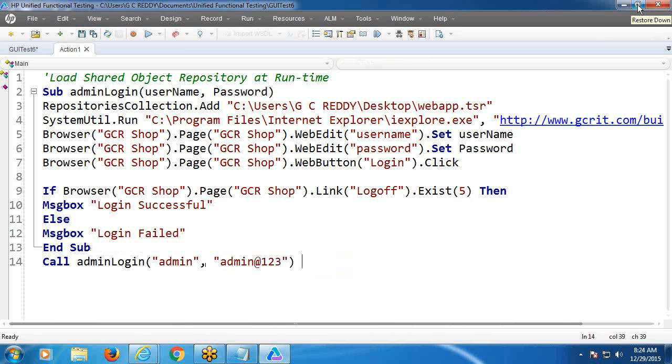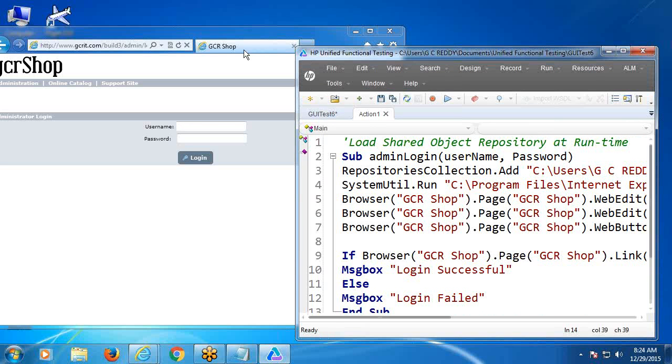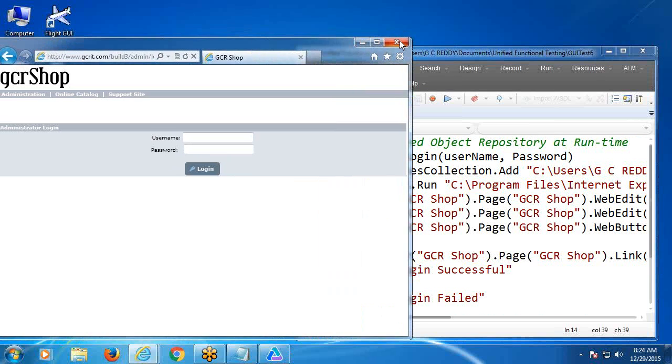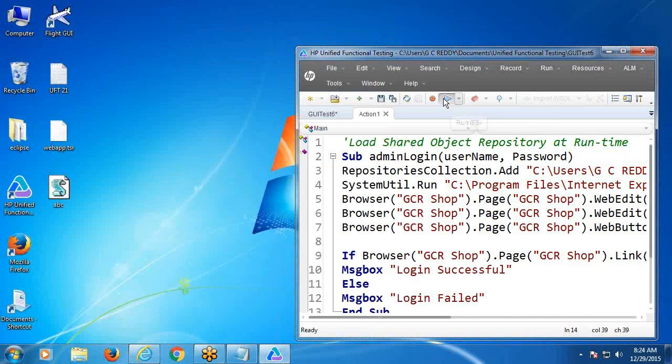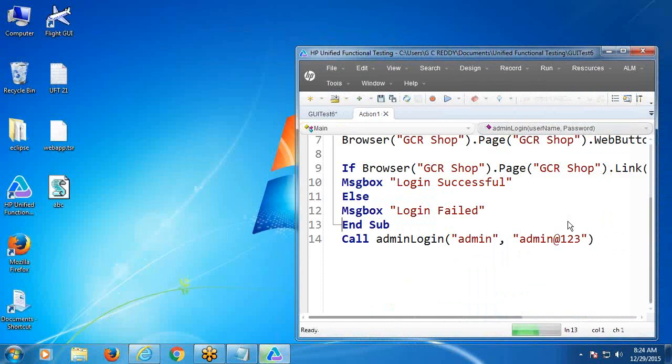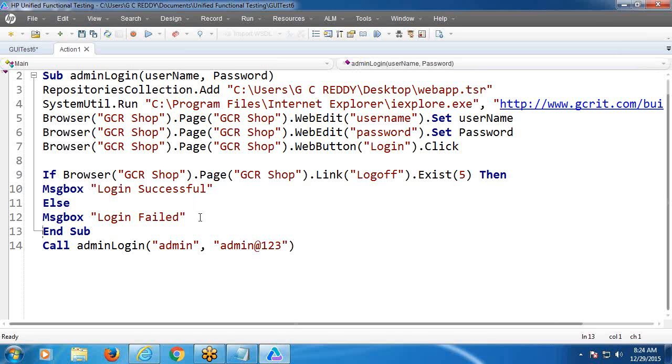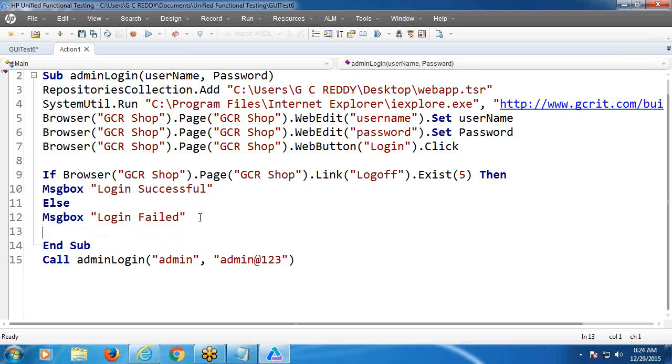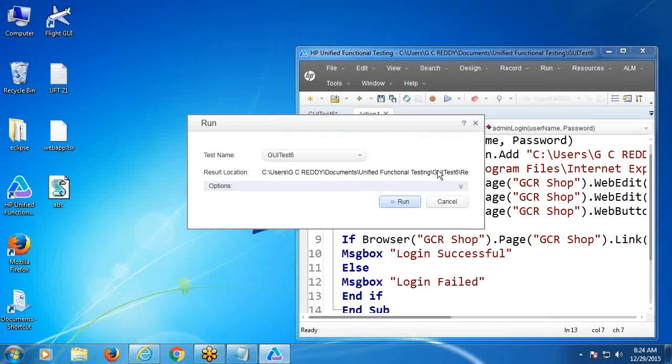Try to run this script. Run. What is the problem? And if you run the script,